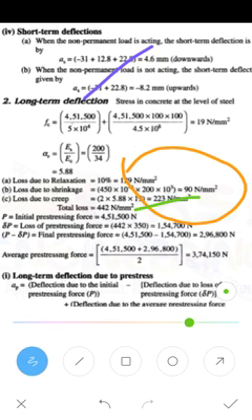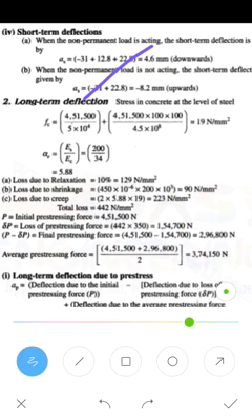The initial force we calculated is 4,51,000. So the loss in the pre-stressing force, what you have to do is multiply with the area. Okay, so finally you will get the loss of the pre-stress. That is 1,54,700 you will get. Okay, so what is the change? From the initial pre-stress 4,51,000 to 1,54,700,